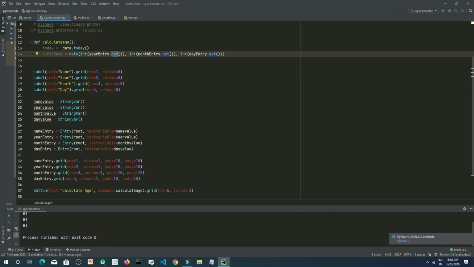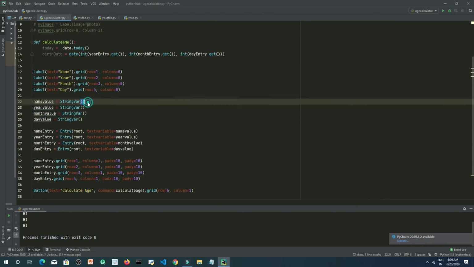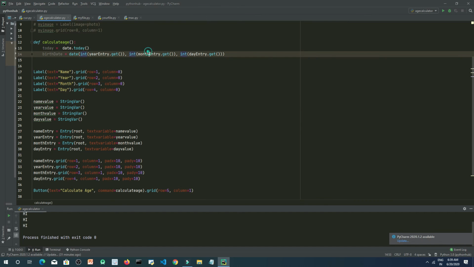Then we take the month entry using dot get again, and the same for the day entry. These were of string type initially, and we convert them to int type. The whole will be converted to a date using the date method. Now let's calculate the age.